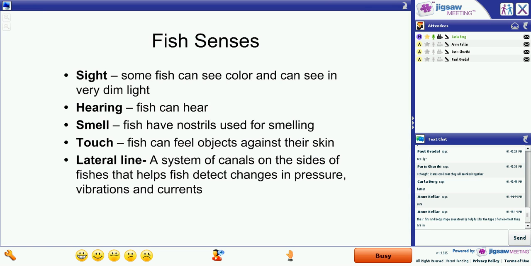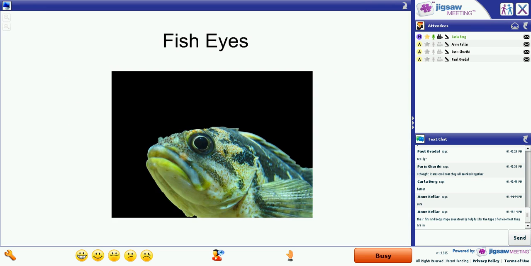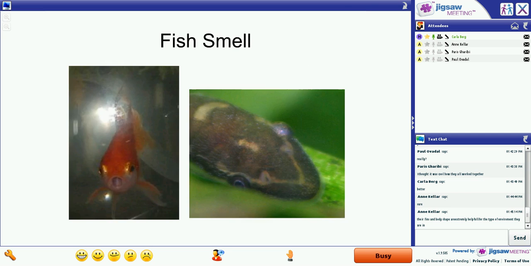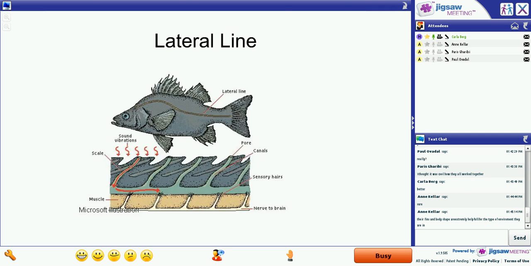Hearing, some fish can hear the vibrations. Smell, fish have nostrils used for smelling. Touch, fish can feel objects against their skin. And they have a lateral line, which is a system of canals on the sides of the fish that help detect change in pressure. Now we're going to skip ahead a few slides here and talk about the lateral line